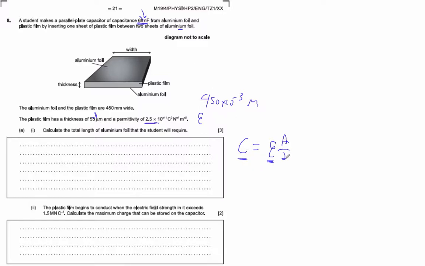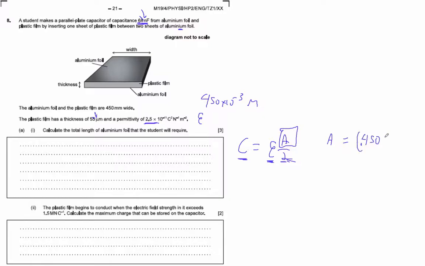We know the width of this. So wait, we know the distance, right? This is our distance. We know that. And then you're going to solve for the area, right? And then the area is going to be, of course,